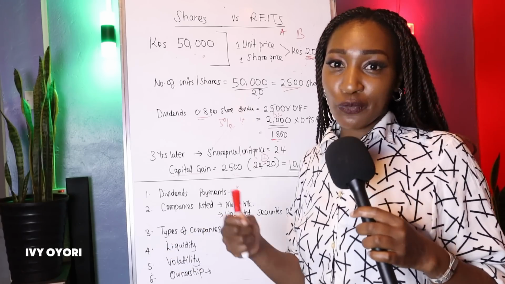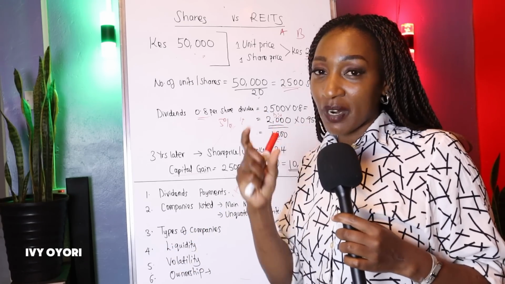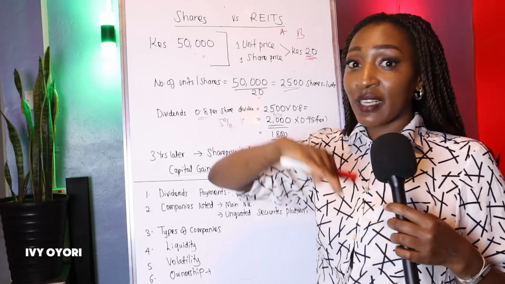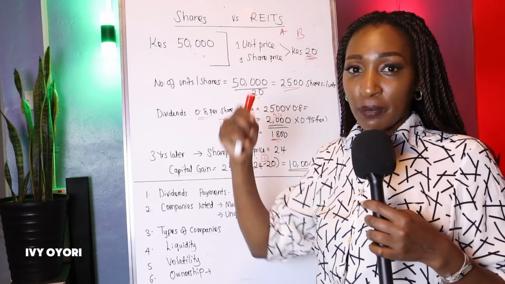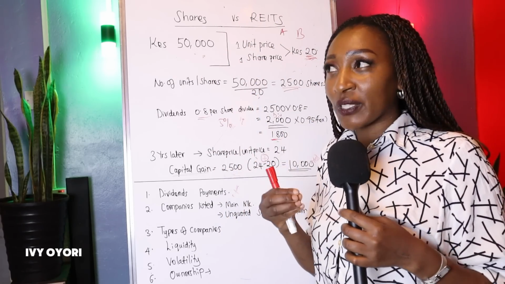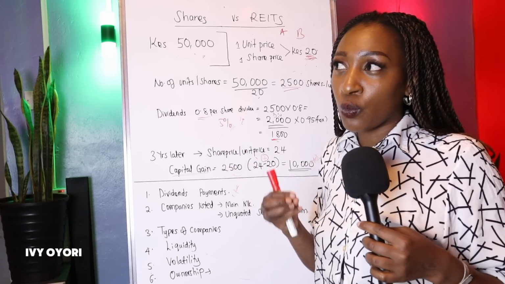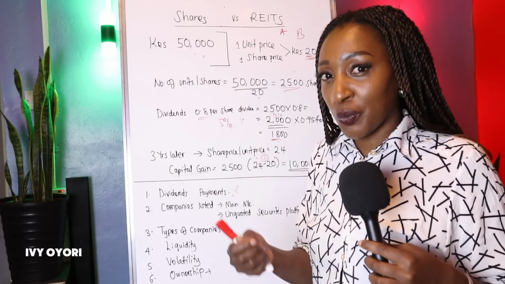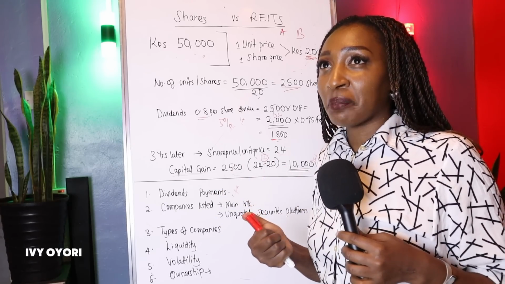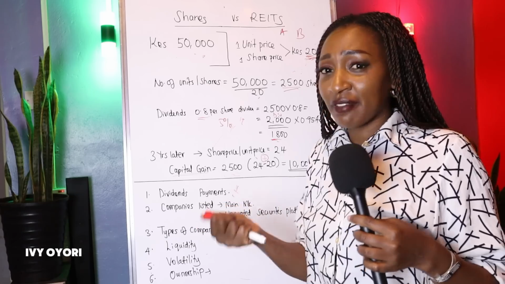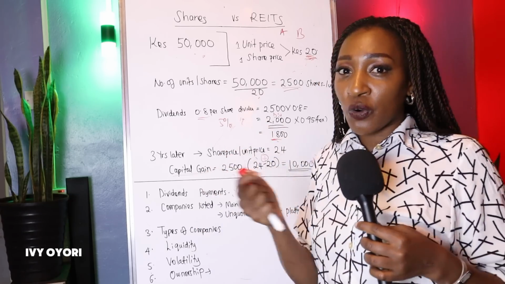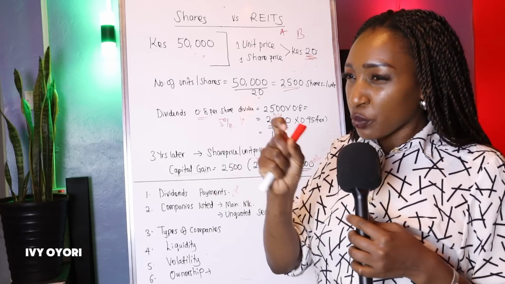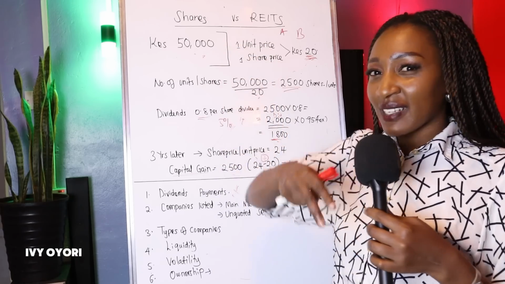The other difference is in terms of volatility. I'm talking about the price of the share going up and down, up and down. Shares are very volatile. The price can go up, the price can go down, depending on different things, depending on what's currently happening. Do we have political tension, or is the political climate good? Do we have legal implications? Do we have a certain law that is going to affect this? Or has a powerful businessman tweeted about something? We have those things that affect this industry. So the price can go up and down